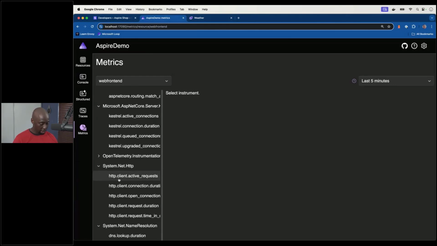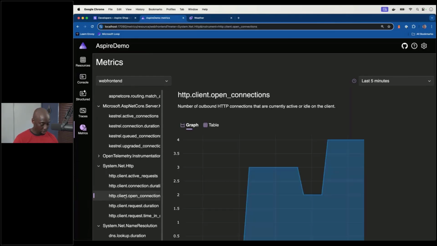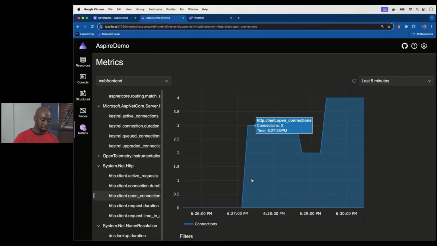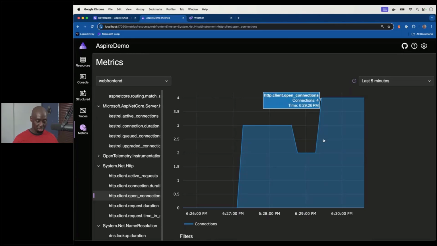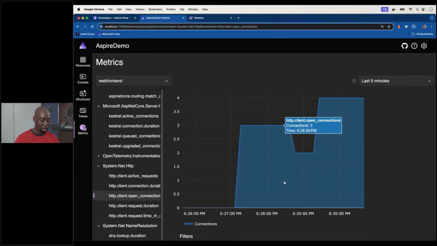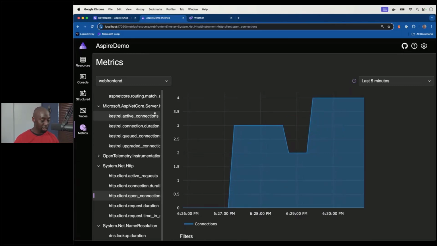If I take a look at maybe some of these HTTP client metrics, I could see, here's this graph, 6:27. What time is it now? It's 6:30 my time. So, just not too long ago. We just created this application, started clicking around. And if you take a look at it for a second, you realize this is actually ticking. The actual graph is moving. This is a live graph of metrics that are happening inside of your application.